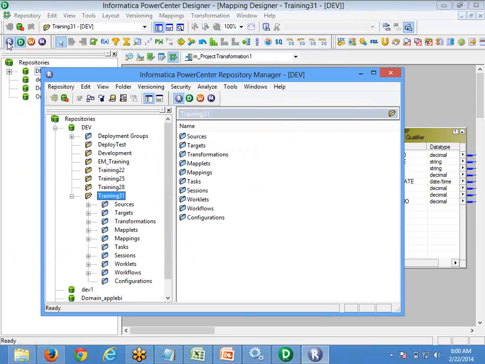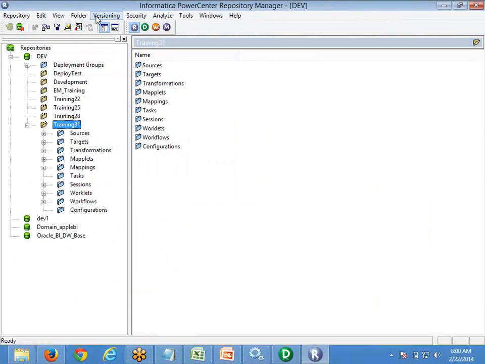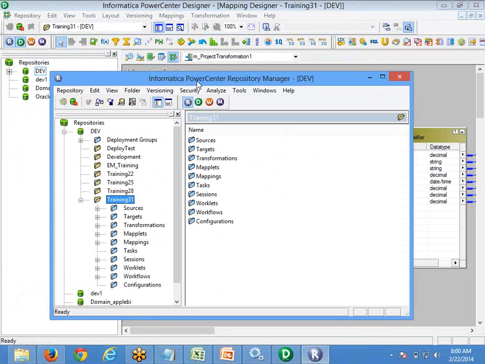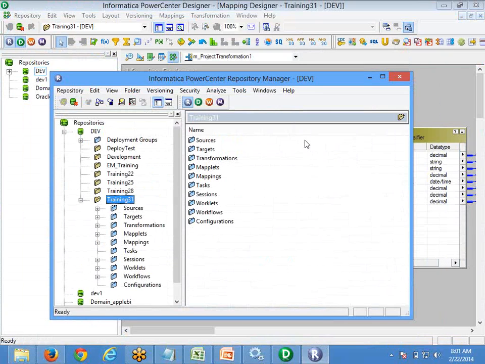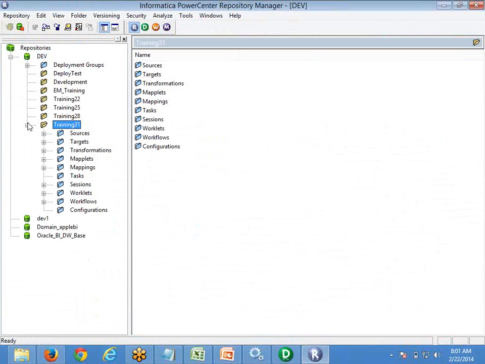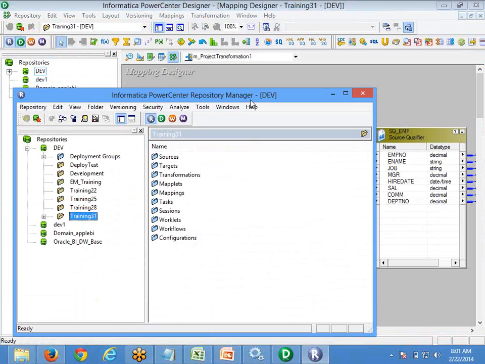I just clicked here, and automatically a new tool opened, the PowerCenter Repository Manager. Here you can manage repositories. I am planning to create one separate folder, kind of a project, within this repository. Repository is a big one, a very big building, and within that you can create some flows, this for this, this for this. In the same way, repository is a big one, and within that I am planning to create some folders specific to our project. So now I am in repository manager.